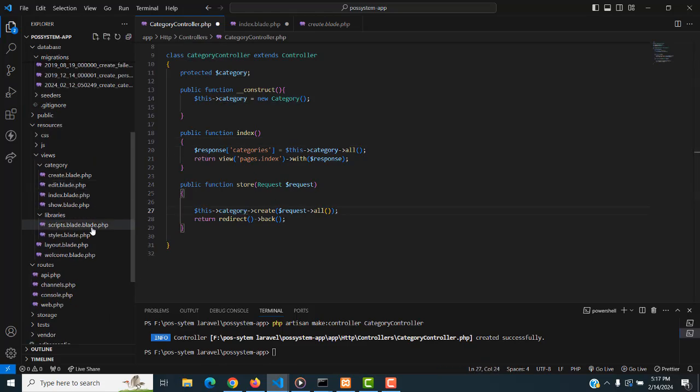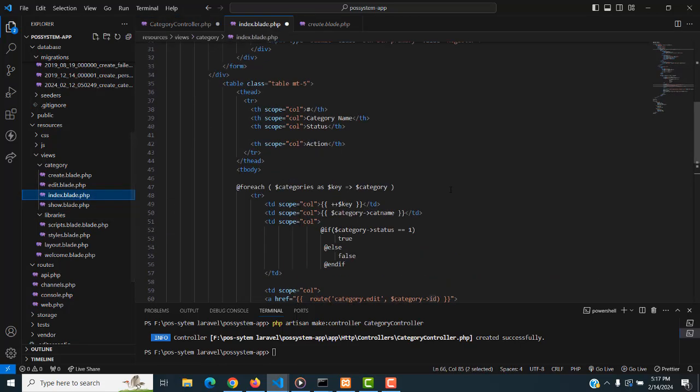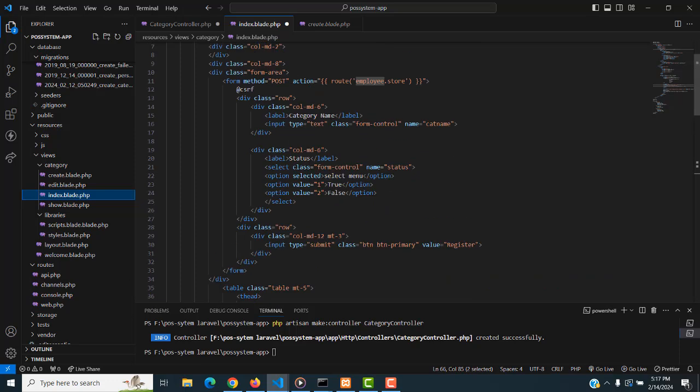So what I did here is you can see when the page is loaded. After that, we have to fill the record. You have to select the category name and status, then click the register button. What happens is it goes to a category